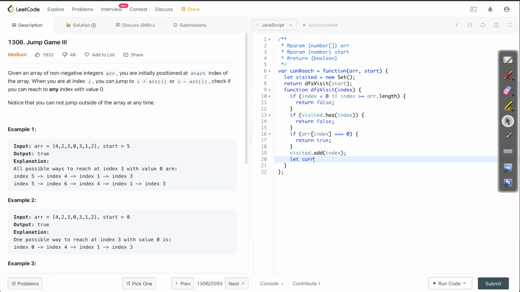So let current value is equal to ARR of index, and then go to the final recursive condition where we call DFS visit once again with the current index plus the current value. If this doesn't give us the answer, then this will. I think that should do it.